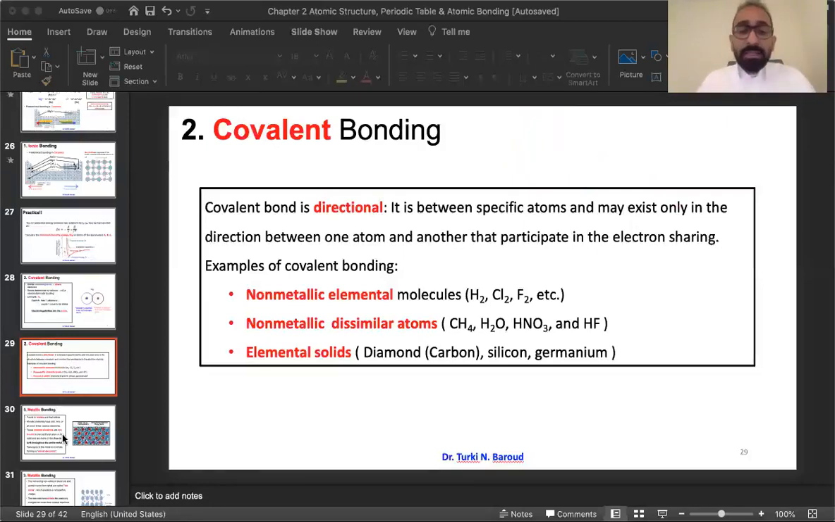Okay, so we're going to find some elemental solids like diamond and silicon, and also non-metallic elemental molecules like hydrogen or fluorine. Now, the point here is that this bonding is directional, and we cannot predict the melting temperature by knowing the covalent bonding, right? Why? Because we can get some material like bismuth. It has a low melting temperature,